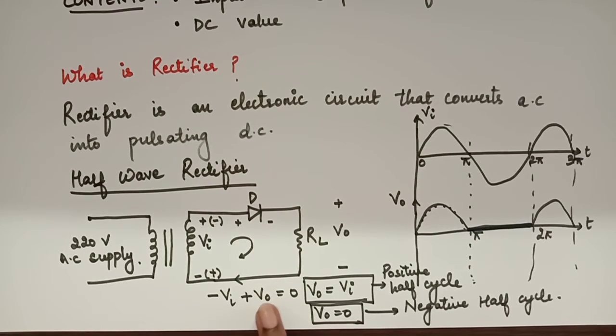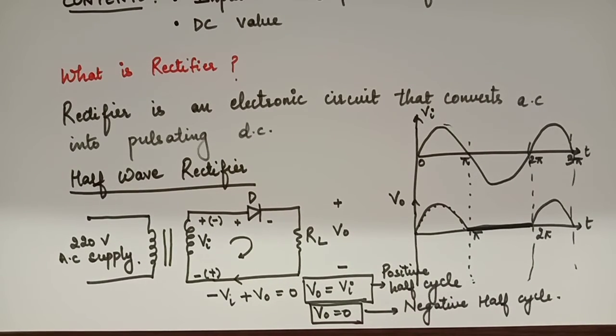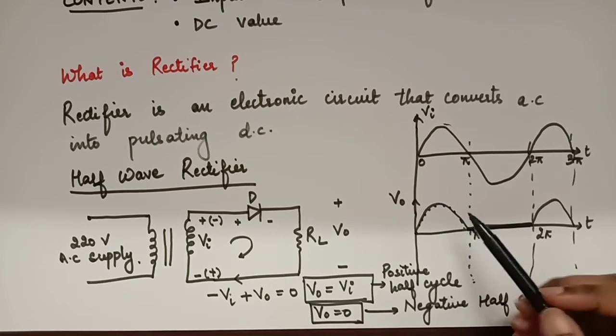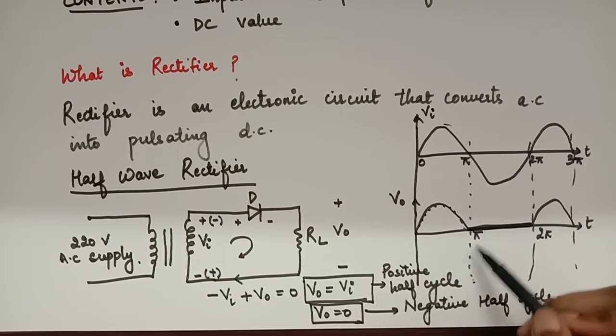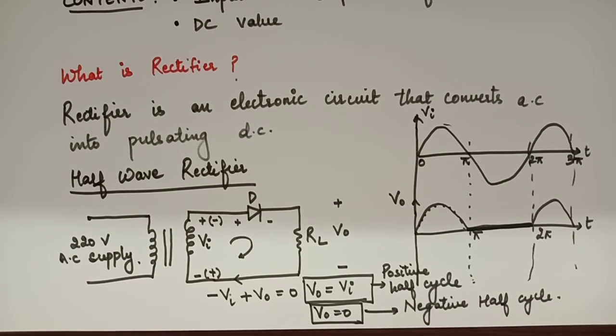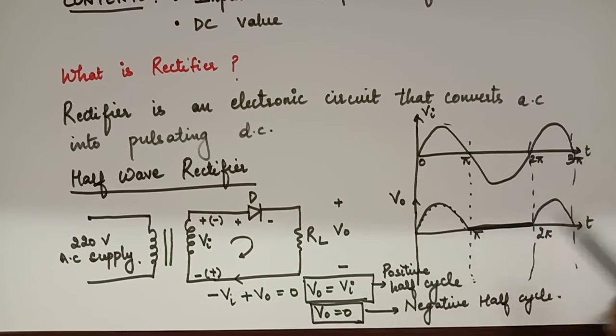Simply visualize the circuit for both the cycles and calculate V0. This is what we do while understanding any of the circuits. So that was for the half wave rectifier. Why is it pulsating DC? Because it is unidirectional, only in one direction. Whether in positive or completely in the negative side, it would still be considered DC. It was AC because it was bidirectional, with both positive and negative cycles, but in DC you had only the positive cycles, so that is why it is DC.